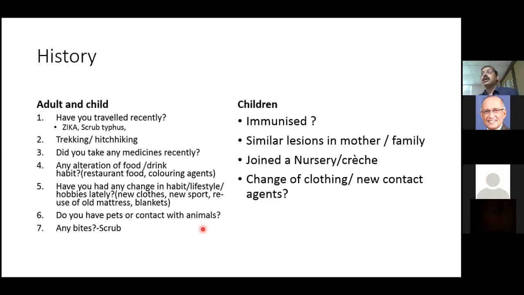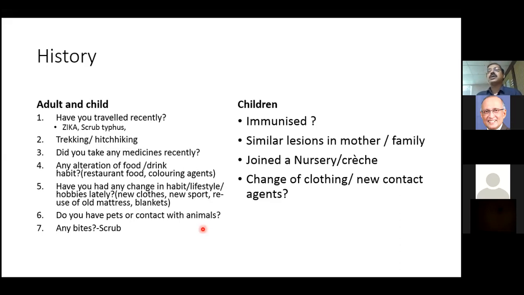So it may be that when you ask, have you taken any drugs? He will say no. You insist and ask, did you have any back pain? Or you ask a lady, did she have any dysmenorrhea? Did she take any medications? Did she go to the counter, over the counter, something she purchased? That is when you will actually get it. So you ask for other symptoms. Or any alteration of the food or drink habits.